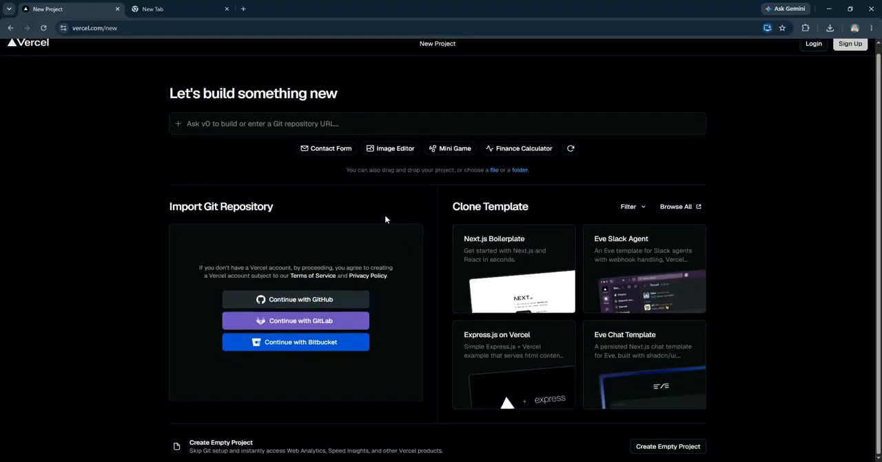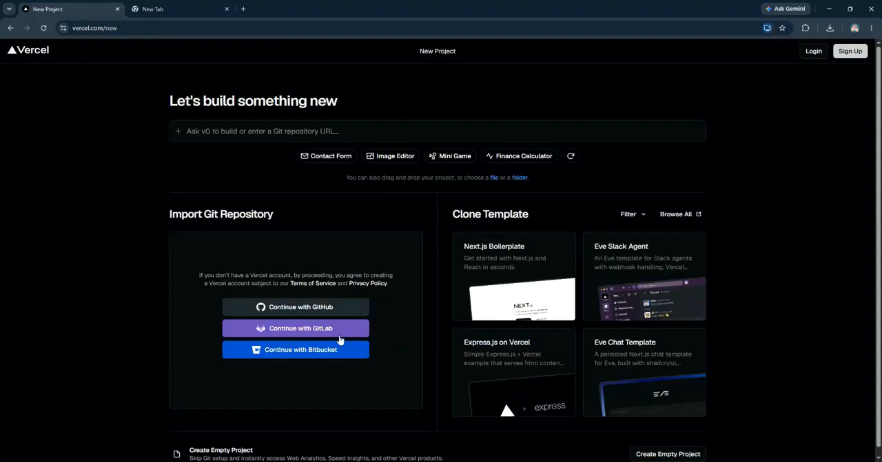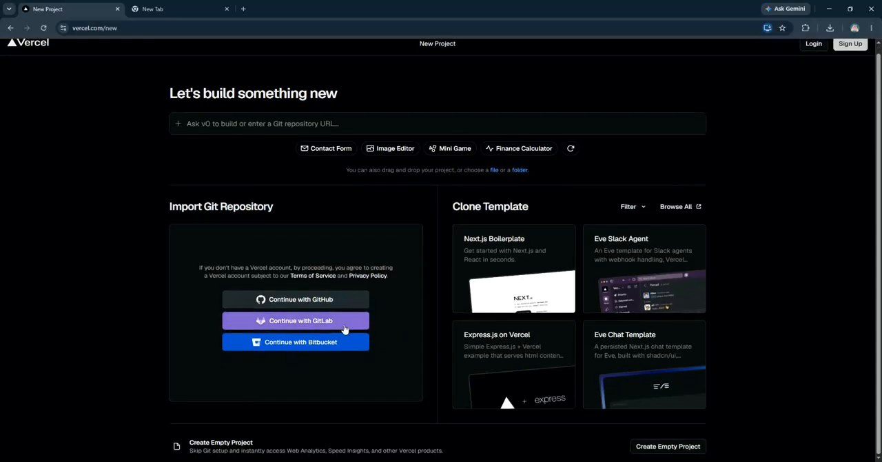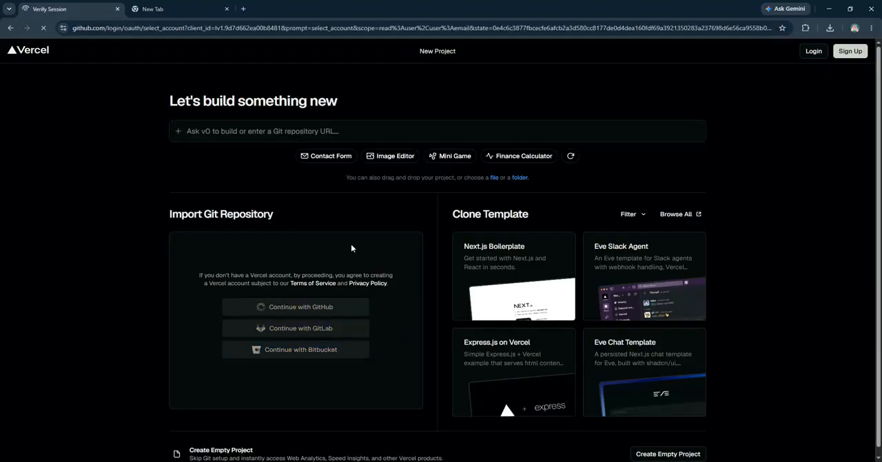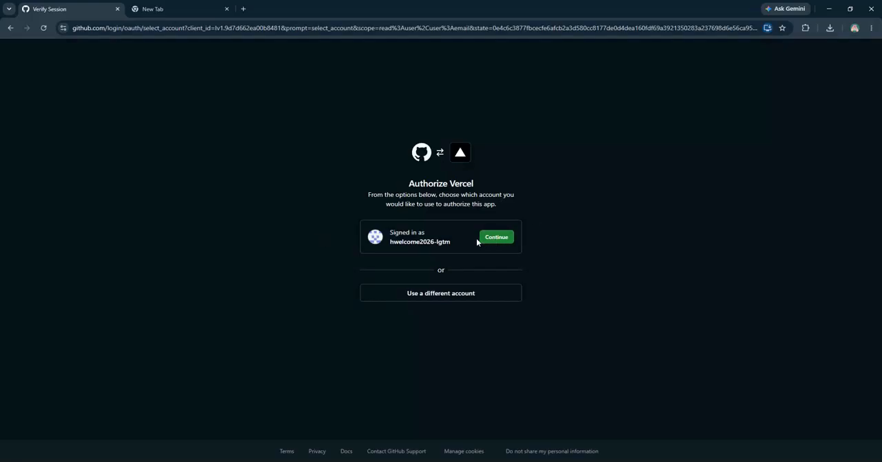You can choose to sign up using your GitHub, GitLab, or Bitbucket account, which is very convenient if you're a developer using these platforms. Simply click the button for your preferred service, and you'll be prompted to authorize Vercel to connect with your account. If you don't have any of these, or prefer not to use them, you can sign